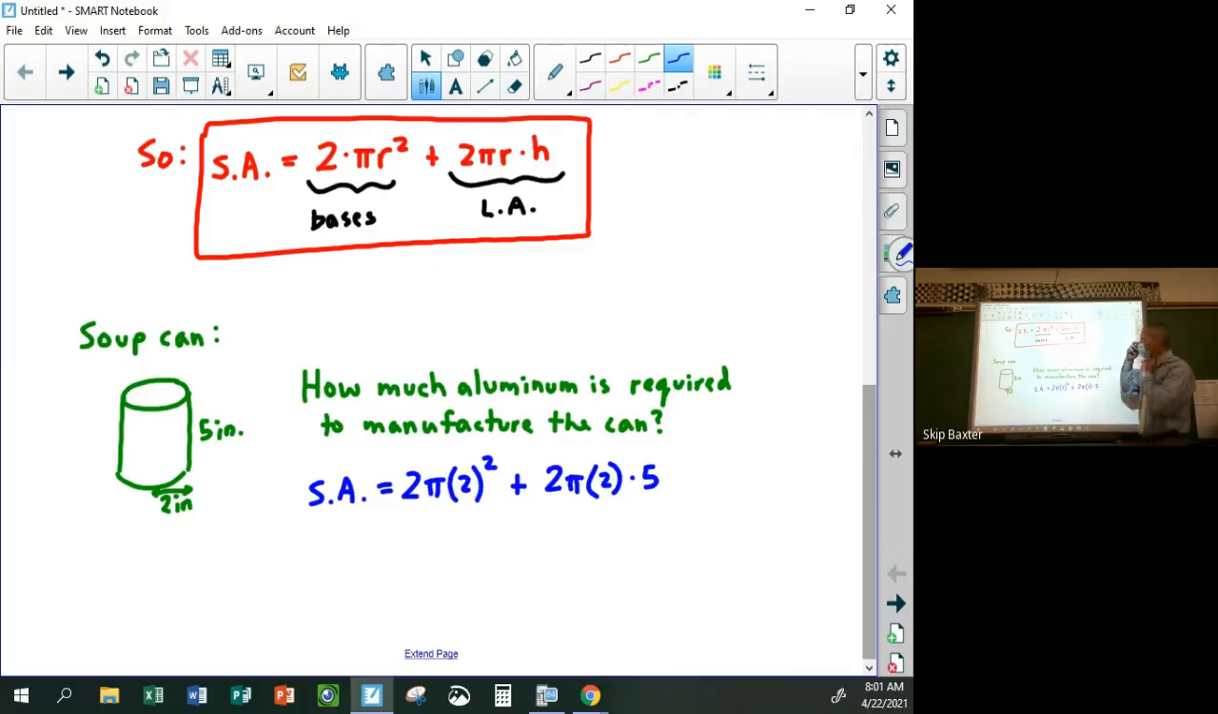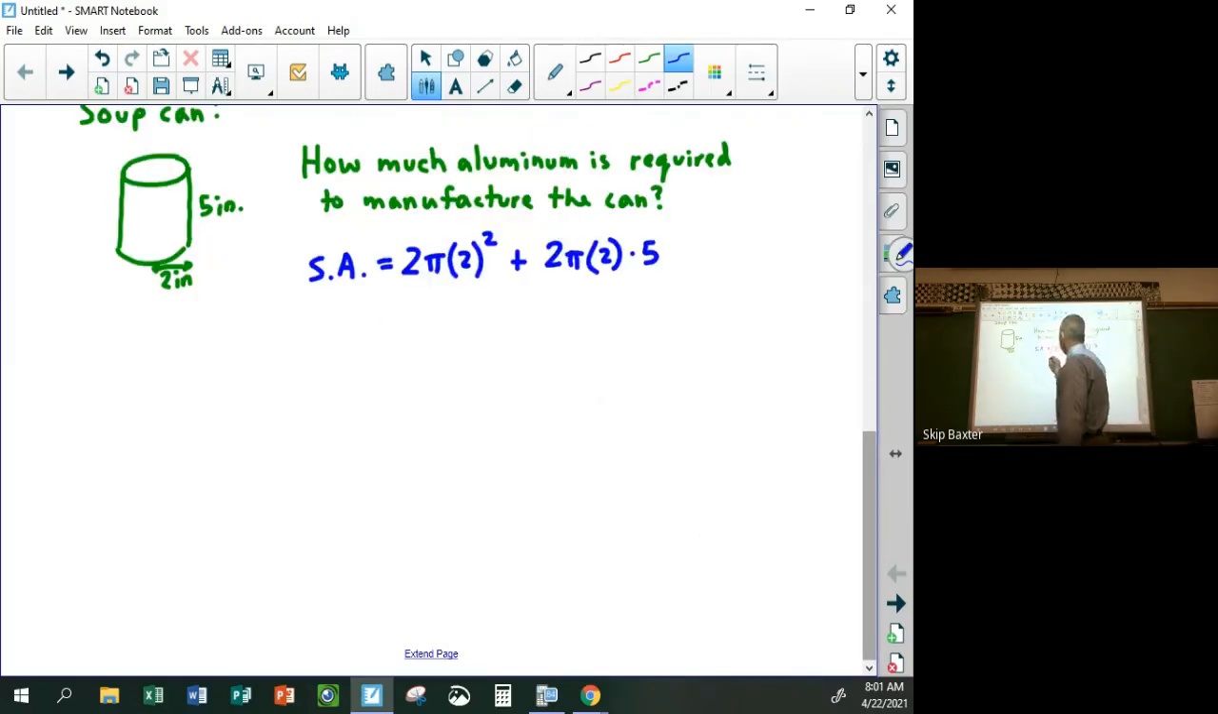Okay? If the formula makes logical sense to you, then it's really nothing to memorize, and that makes it a lot easier, right? If you're just memorizing these random symbols, it makes it harder. Okay? So this ends up being 2 times pi times 4, which is 8 pi. And then 2 times pi times 10, which is 20 pi. So the answer would be, it requires 28 pi square inches